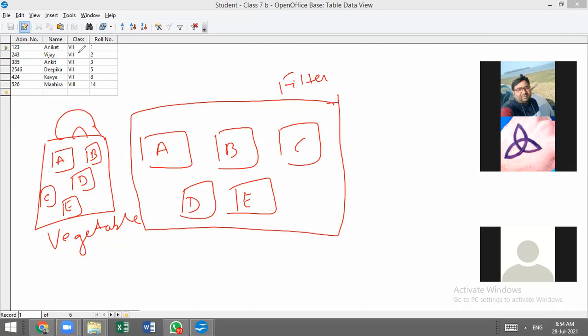If you have data mixed with 50 students of class 7 and 50 students of class 8, you want the data of class 7 in just a few seconds. How can you do it? You can't do it manually, students. But with the filter option, you can do it in just a few seconds. I will show you how.